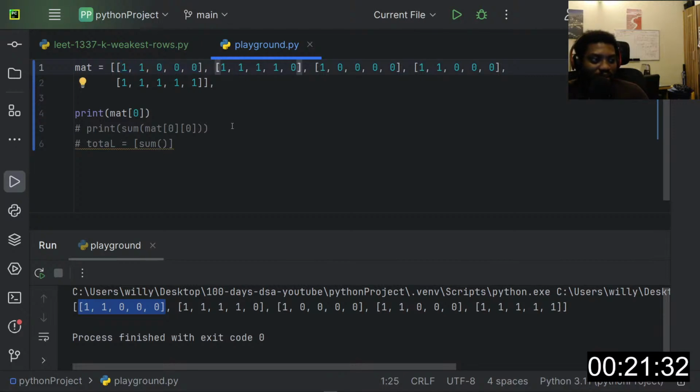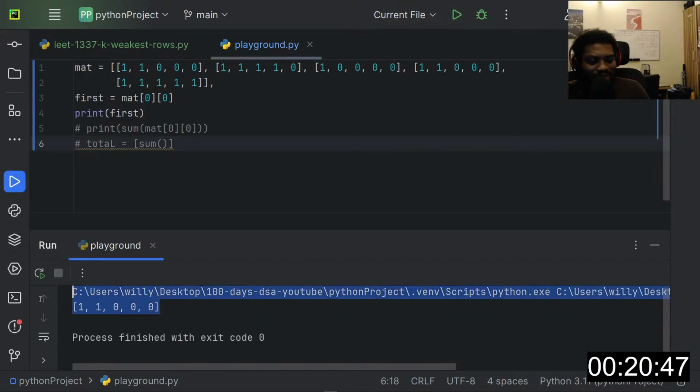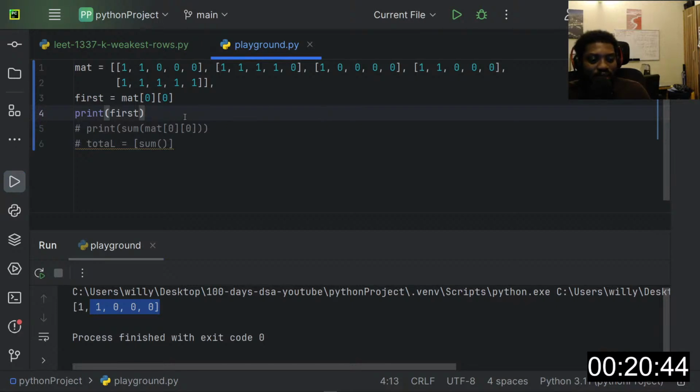Am I missing something? What's going on? I don't understand what's happening. Wait. First, what's happening to me? Math at 0, right? And then print first. Print first. What? Nah. What's going on? I mean, if I wanted to print,